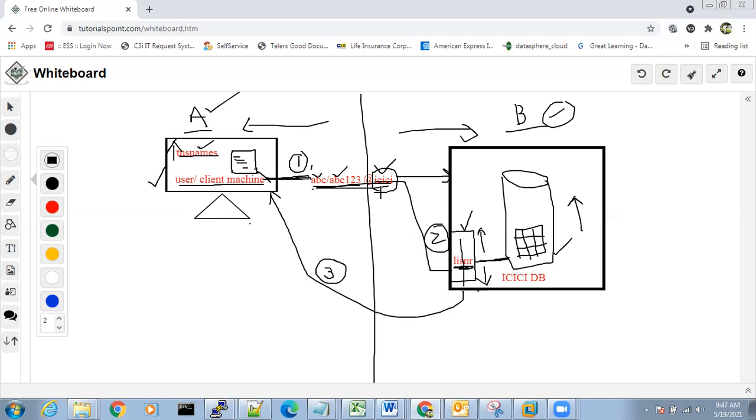Number 1, hello, are you there? Yes, sir. Why did you respond to me? You are able to listen to me, right? You're able to listen to me and you are able to respond back. So I got my response, and I'm happy. Once I got my response, even if you are available or not available, I don't care.